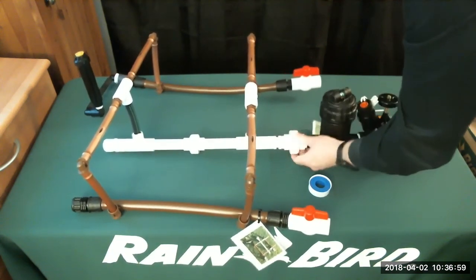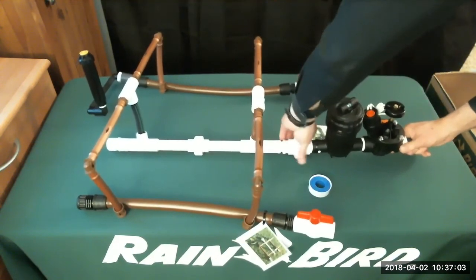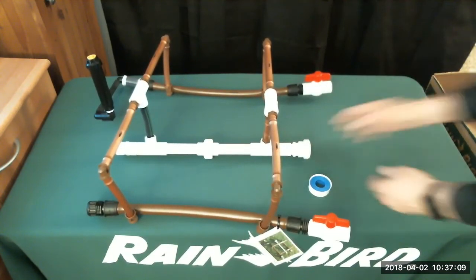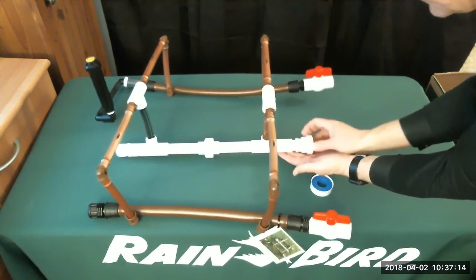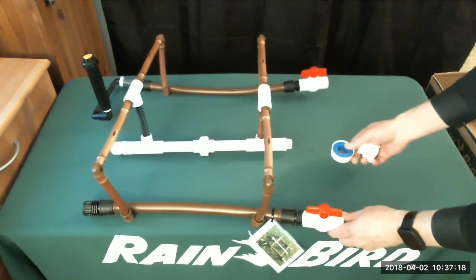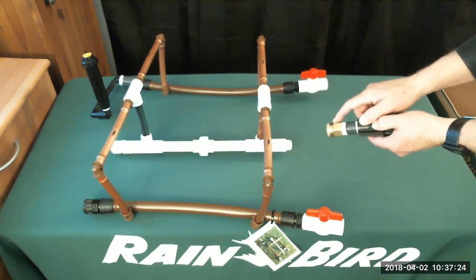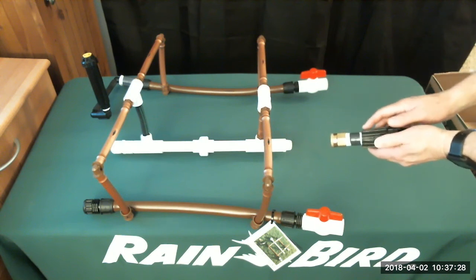Now, if I unhook this, take off the 1-inch union. Pretty easy to take off. Take apart the fitting at the end. You do this enough times, sometimes you need to re-Teflon. Okay, then what I did is I took off the brass fitting and the 3/4-inch nipple, and I went ahead and put that